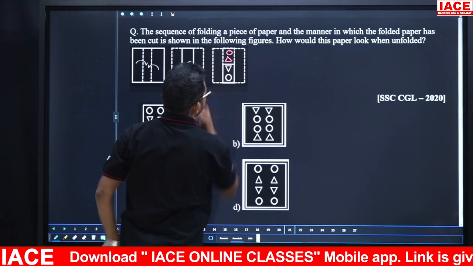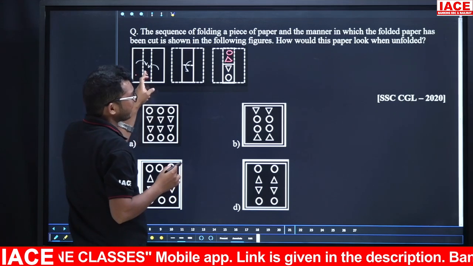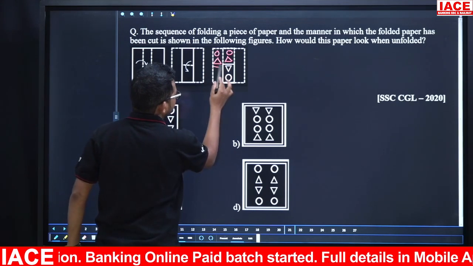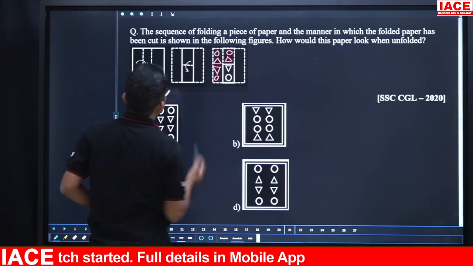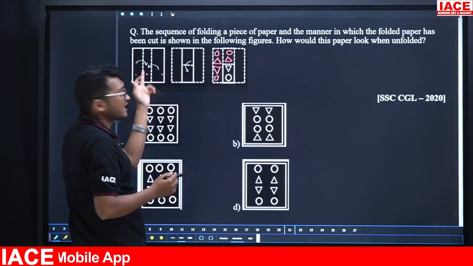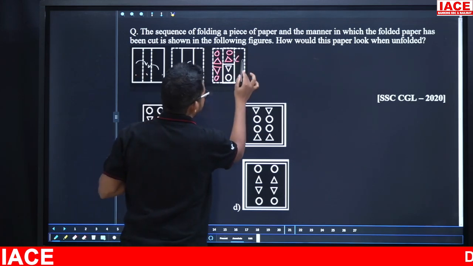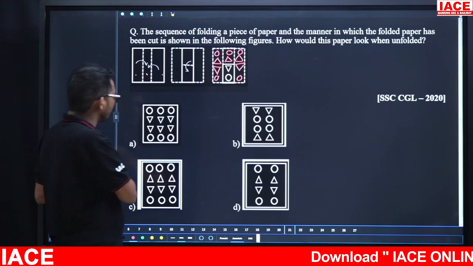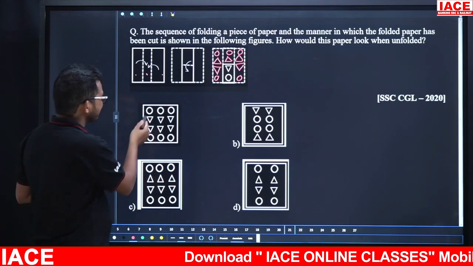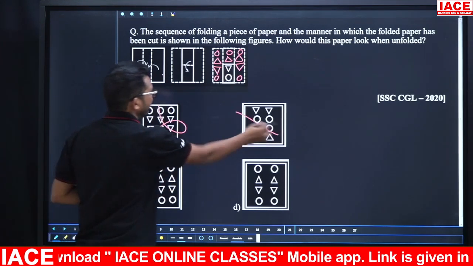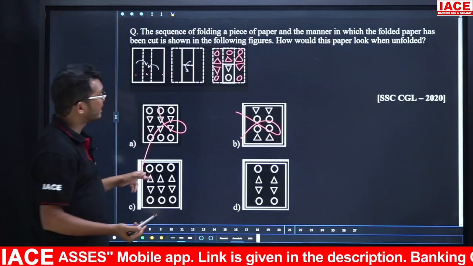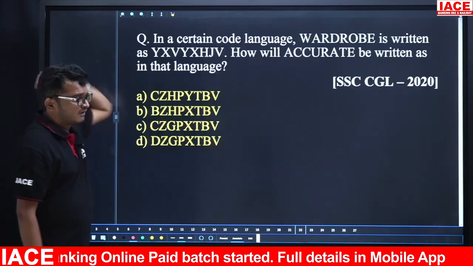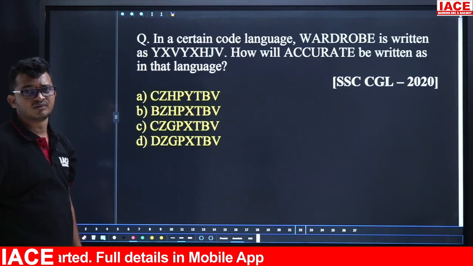Now this circle. Folding is left to middle, unfolding is middle to left. That means here this triangle, this circle, this triangle, again this circle. Folding is from right to middle, unfolding is from middle to right. Then this triangle, this one, circle, circle. So which of the following diagrams is there? Here triangles are downwards, no chance. Here this one is no chance. Here three triangles are upward, three are downwards. That means your answer is option C. Take next question. Your time starts now.